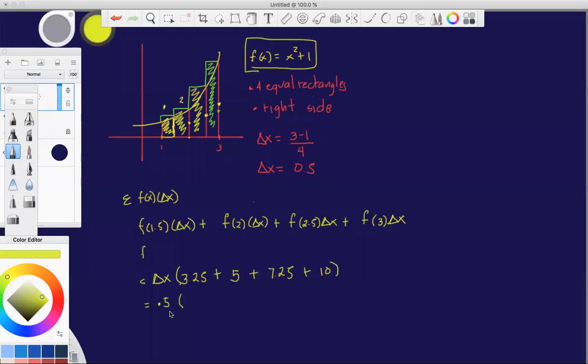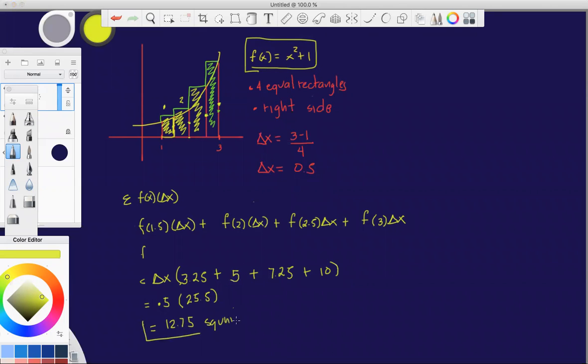Anybody? 25.5. Yeah, very good. So you have 25.5, and then we multiply that by 0.5. That will now give us an approximation of 12.75